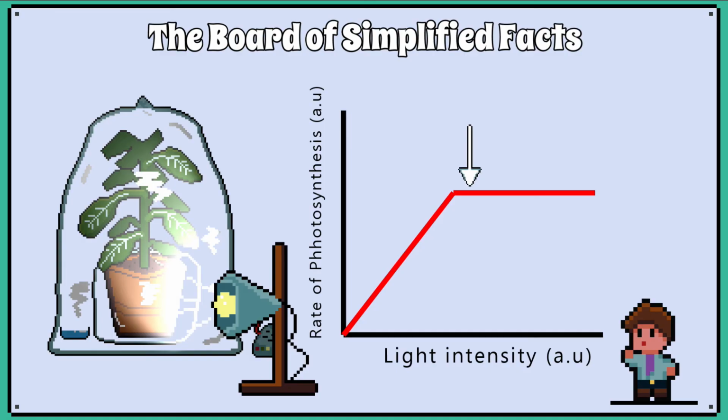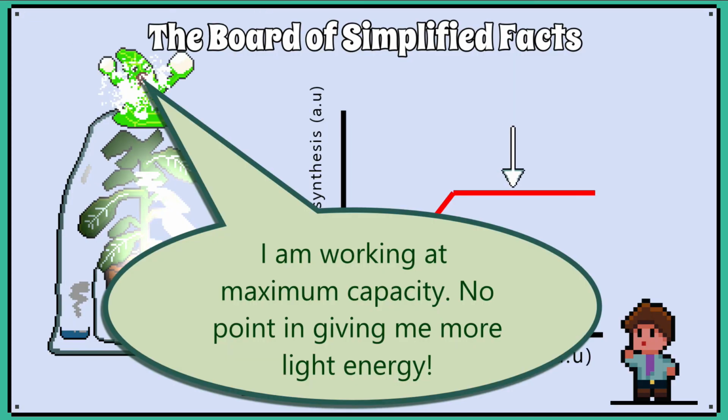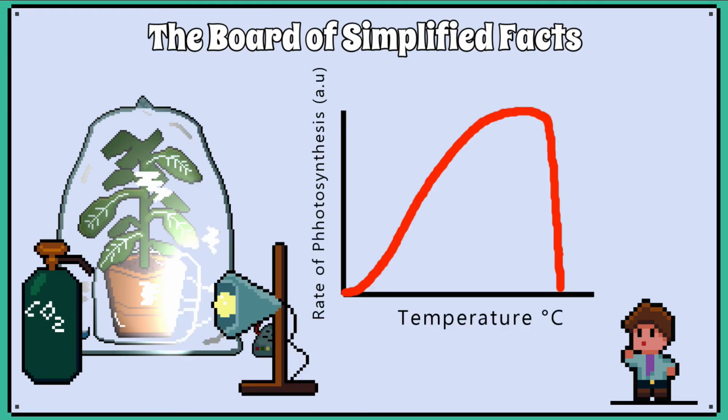So when the line is horizontal, this means that the plant has reached its capacity to utilize light energy, and increasing the light intensity more will not increase the rate of photosynthesis. So something else could be limiting photosynthesis. Now that we have carbon dioxide levels and light intensity at optimum levels, we can now control the temperature. This will produce a graph that is very similar to an enzyme activity versus temperature graph. The temperature where the rate of photosynthesis is optimum in this case is 24 degrees Celsius for this specific plant